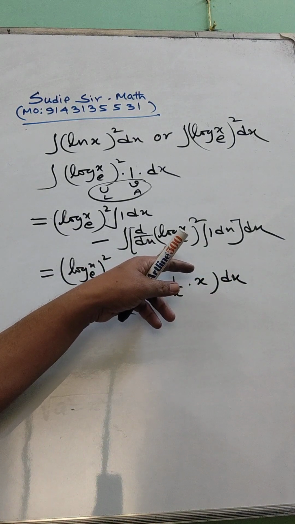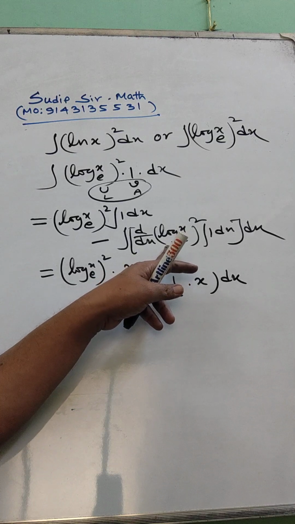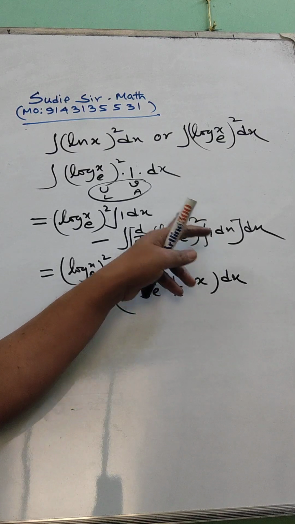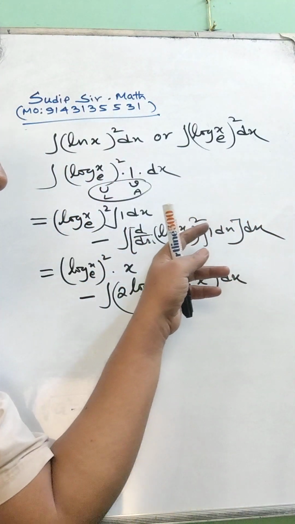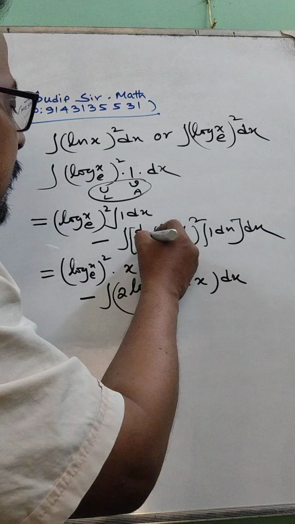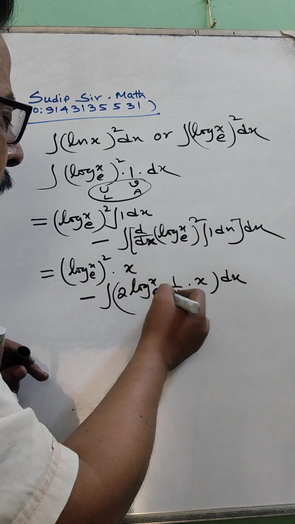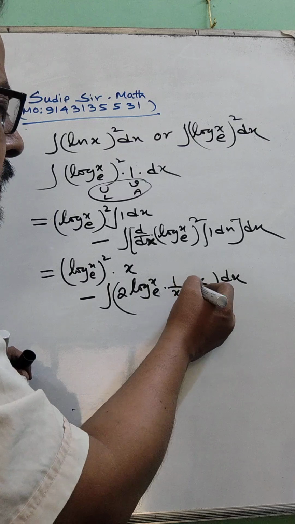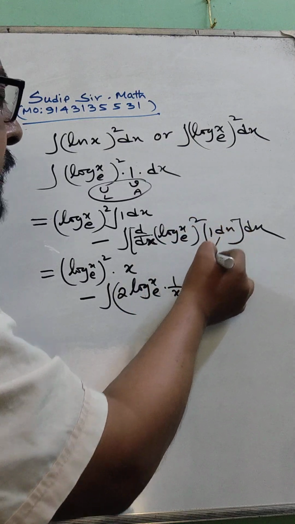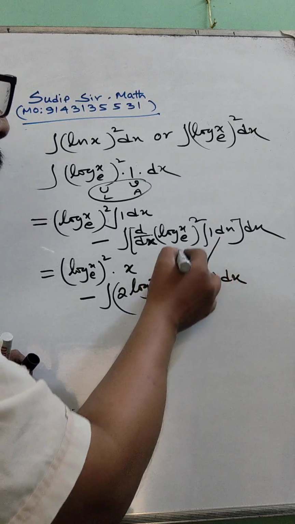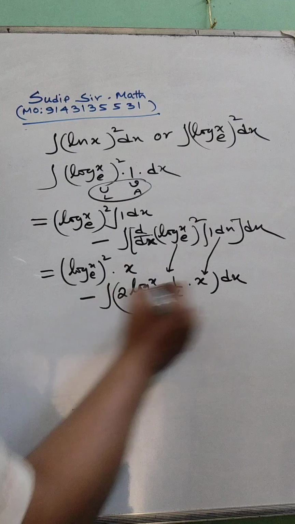(log x)² is like x to the power n, so the derivative is n x to the power n minus 1, into 1 by x. This is chain rule, and this part is chain rule for this. Now if we simplify it, plus c1,